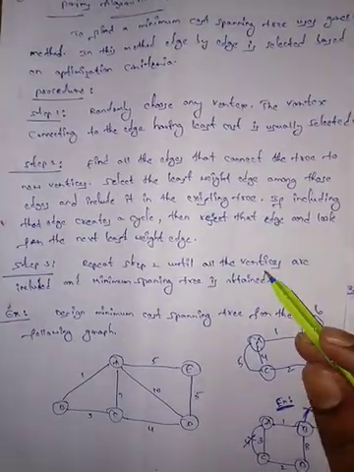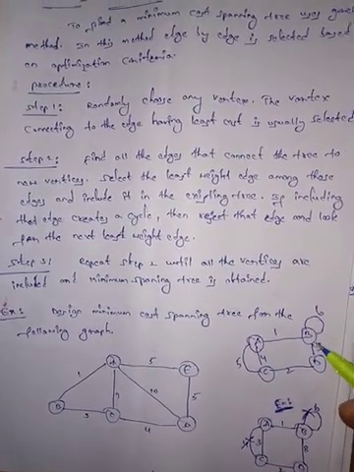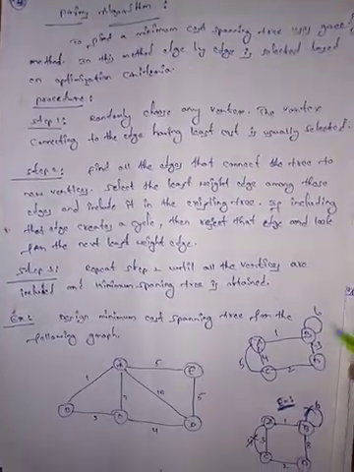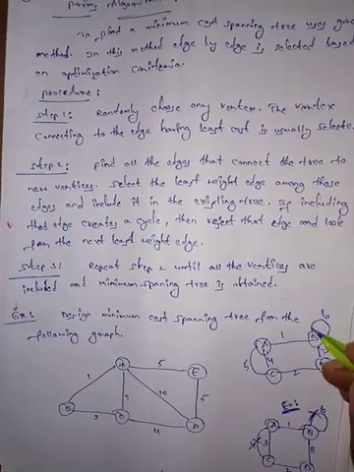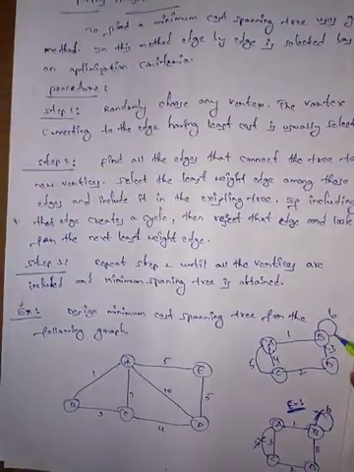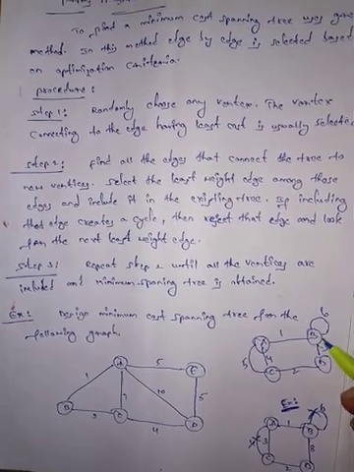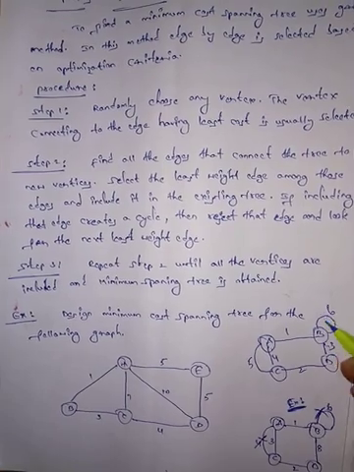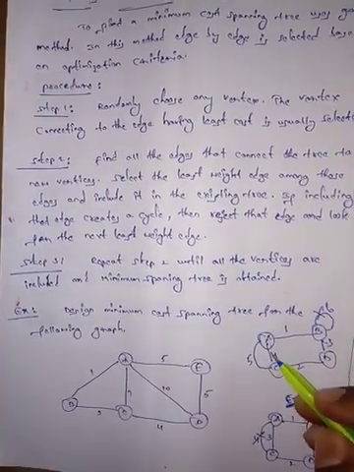Before applying the above procedure, check whether our graph has any loops or parallel edges. First remove those and then apply the procedure. In this graph, we have a loop and also parallel edges. Here, a loop means an edge starting from one vertex and ending at the same vertex. So here a loop is there, just remove that one. And also some parallel edges are there.